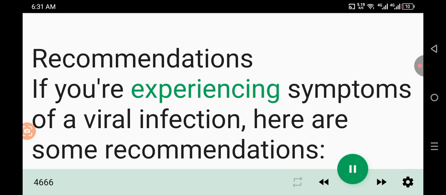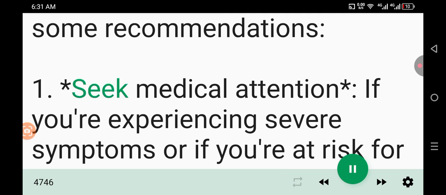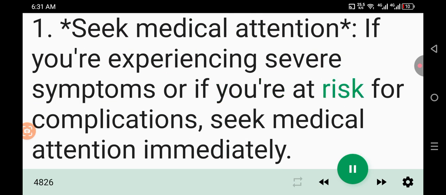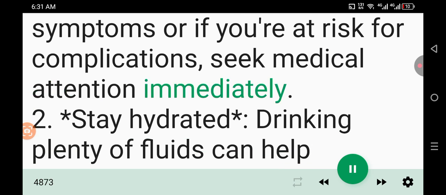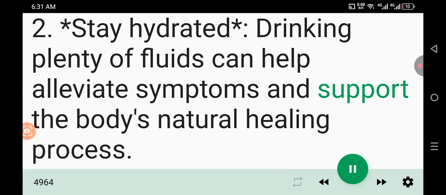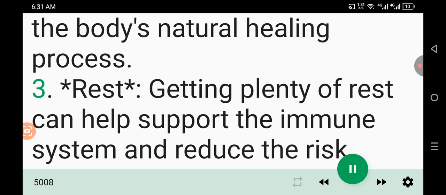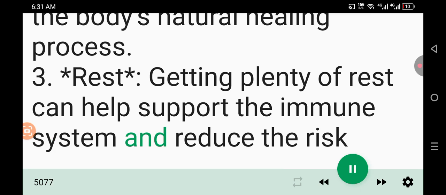Recommendations. If you're experiencing symptoms of a viral infection, here are some recommendations. 1. Seek medical attention. If you're experiencing severe symptoms or if you're at risk for complications, seek medical attention immediately. 2. Stay hydrated. Drinking plenty of fluids can help alleviate symptoms and support the body's natural healing process. 3. Rest. Getting plenty of rest can help support the immune system and reduce the risk